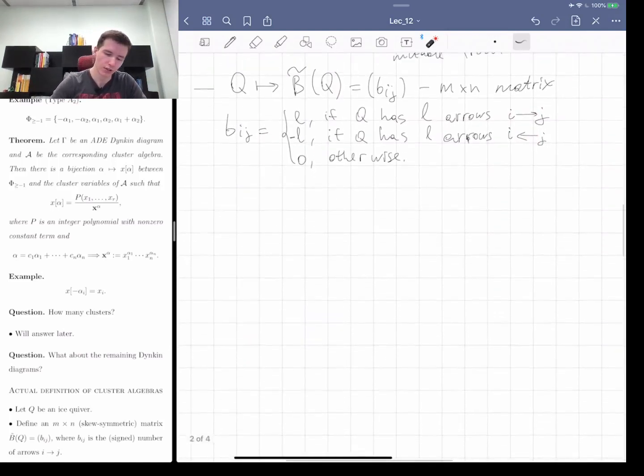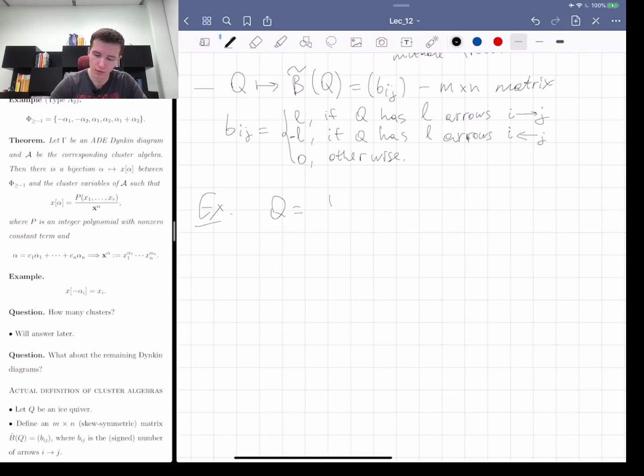Let me try to draw an example. Let's say Q, I don't know, 1, 2, 3. Let's say 3 is frozen, and then you have 2 arrows here, an arrow from 1 to 3, 1, 2, 3, let's say 5 arrows from 3 to 2. Then the corresponding B tilde of Q matrix is going to be,